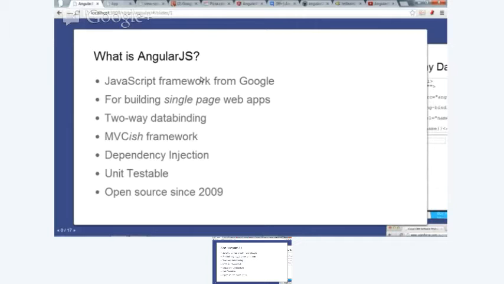Dependency injection is key to Angular, and as you get into it, you find that every function seems to be called with all the services and things that it needs. That's actually key to making Angular apps unit testable, and this is one thing that attracted me.